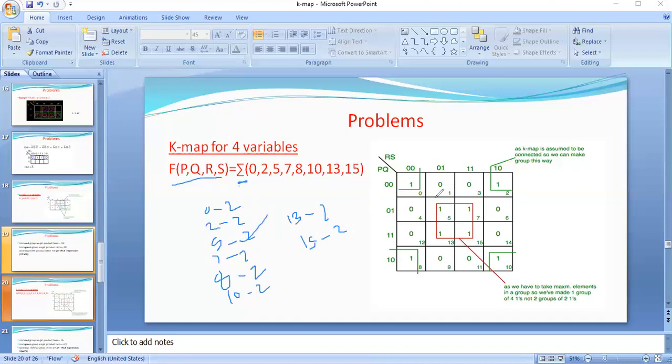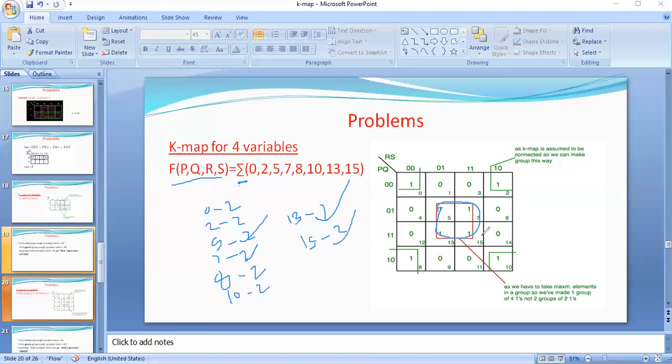See here, 5. With this 5, can we group 8? Is there a possibility? No. For example, with this 5 we would have to group 8 cells. In 4 we have a 1? No. In 12 we have a 1? No. There are no ones in this position. So with this 5, we may group only 4 cells. What are those? 5, 7, 13, 15 are involved in the group.